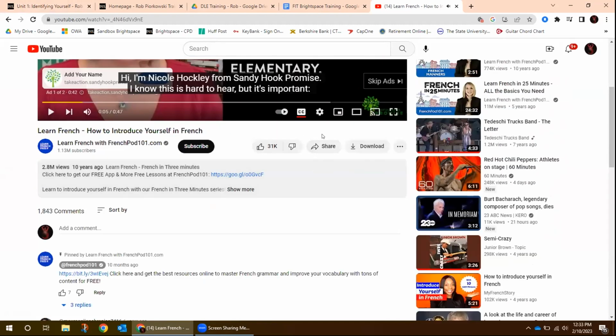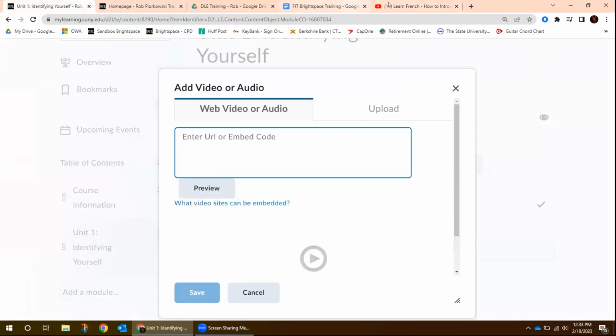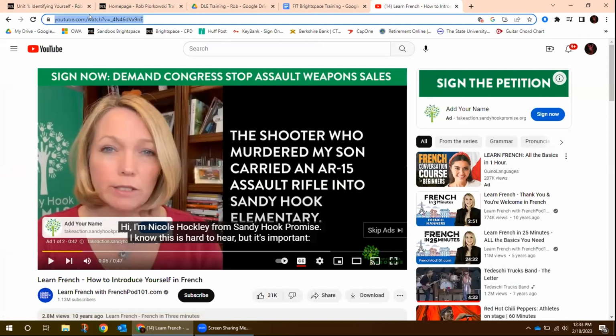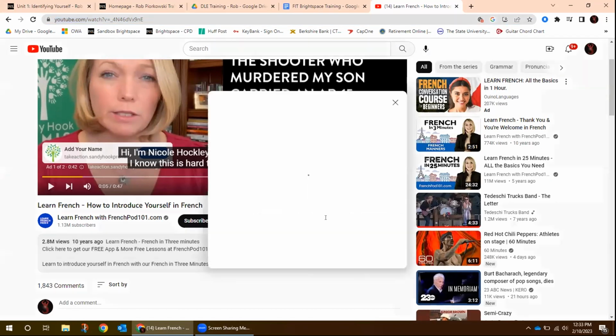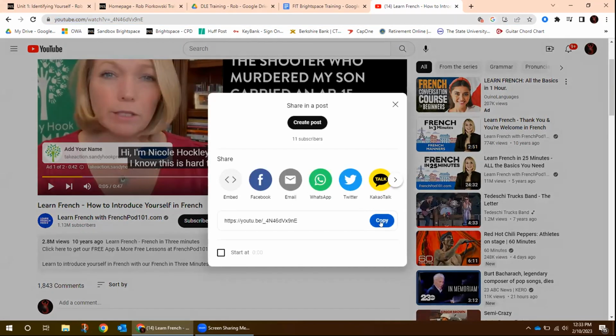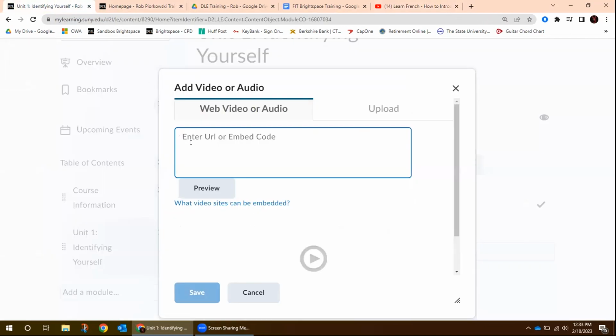So if I like this, there's a few ways to do it. What it wants is a URL. If we remember, Brightspace is waiting for a URL. So I can copy the URL right up here. I can also use the share button. Some of you might be familiar with this. And I could just copy the link right here. But if I copy it, and I drop it into Brightspace,